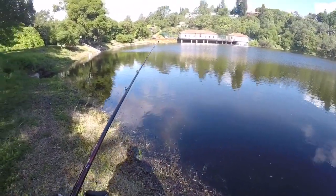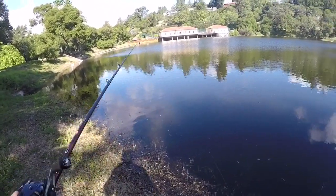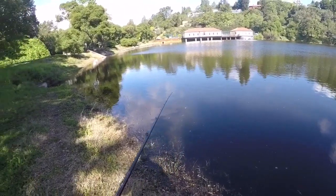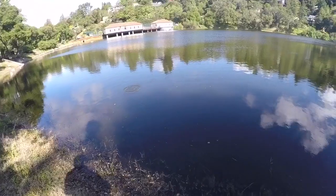I am back out at Lake Cascade. I haven't been here in a couple of months and I'm not sure how the fishing is, but the water level is up a bunch. I have a chatterbait, a drop shot, a Ned rig, and a jig, and I'm gonna see if I can catch some of these spawning bass